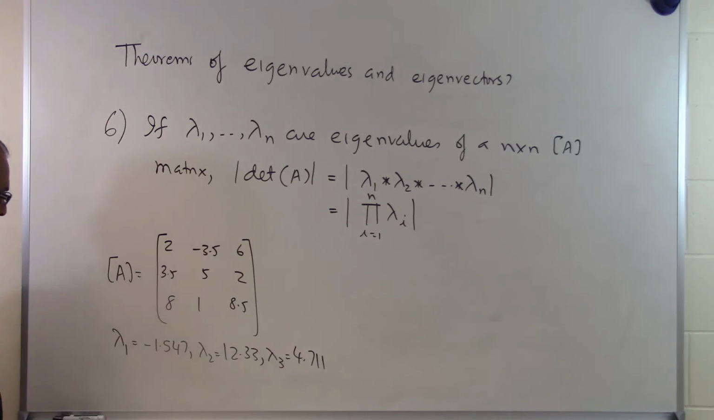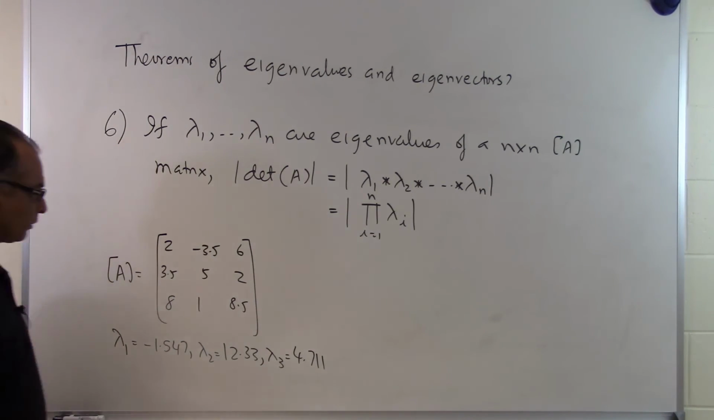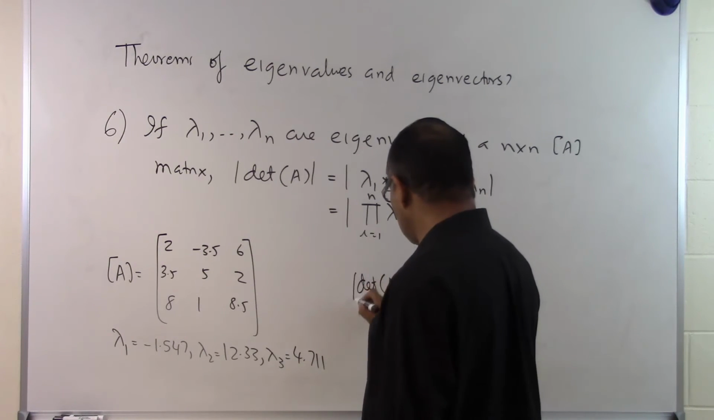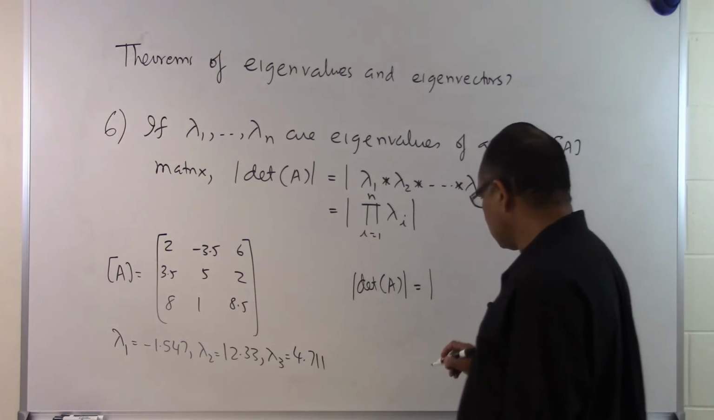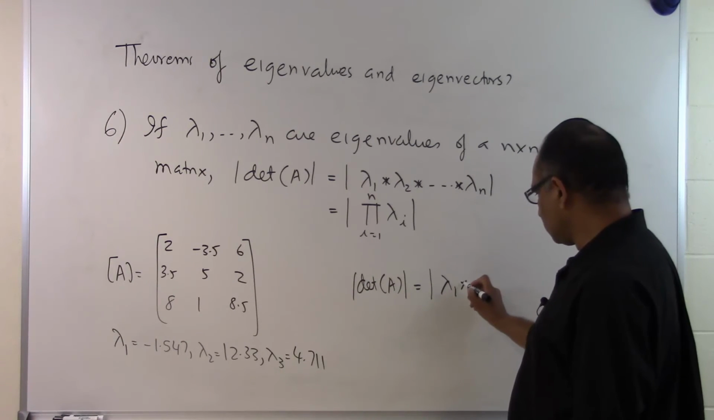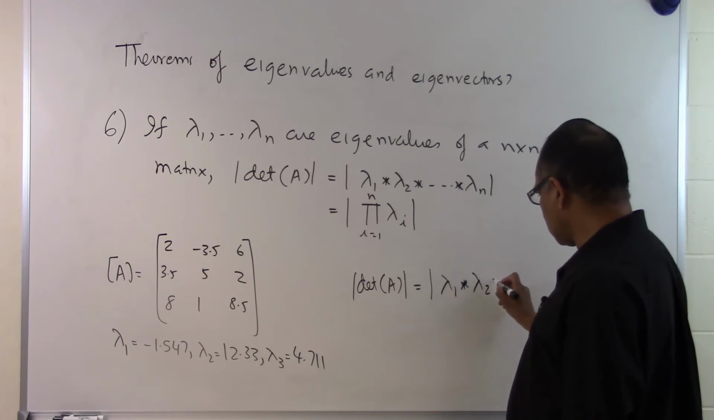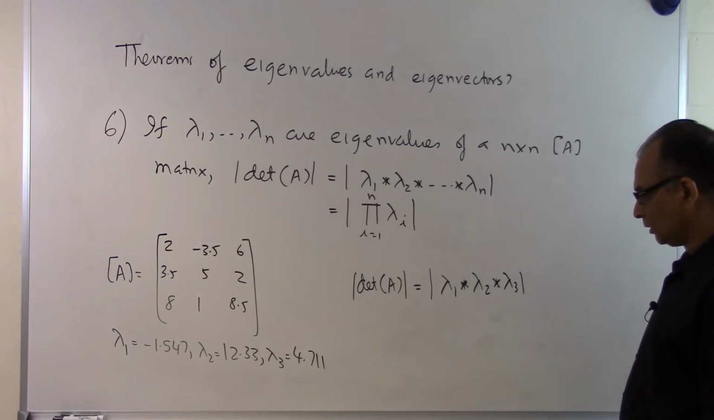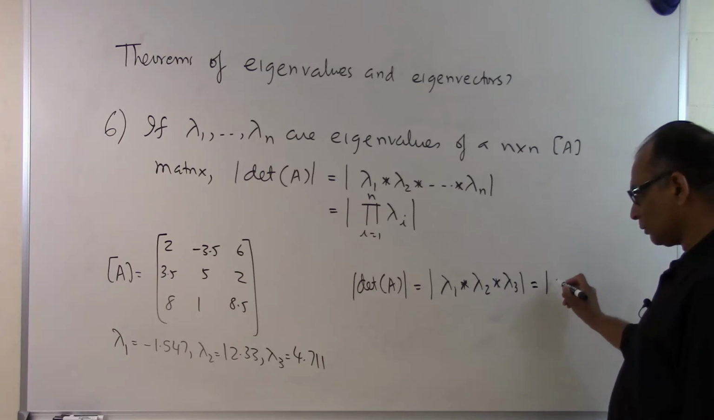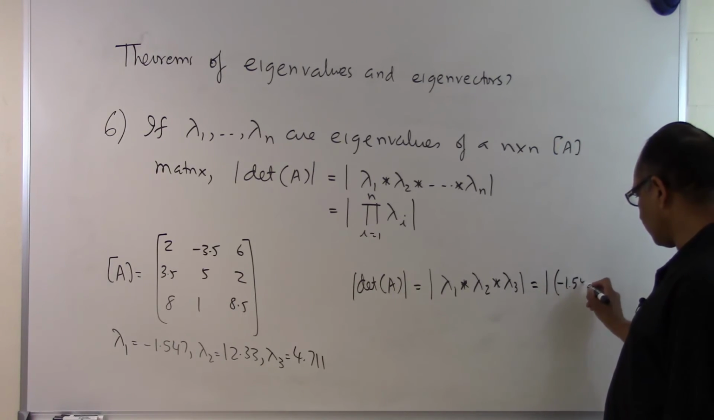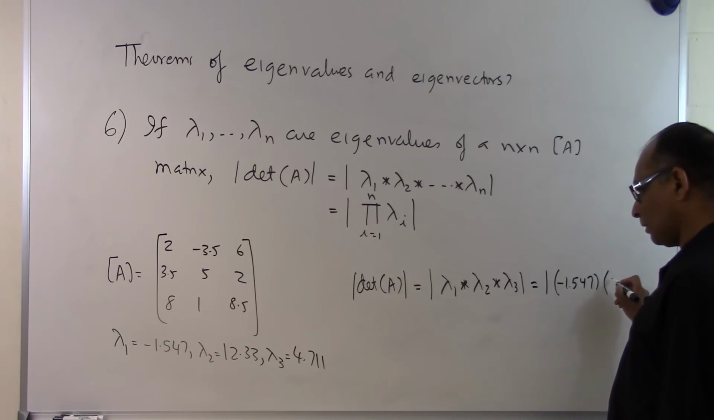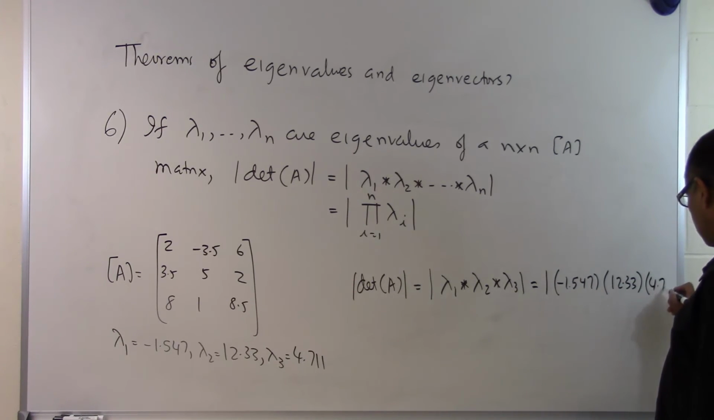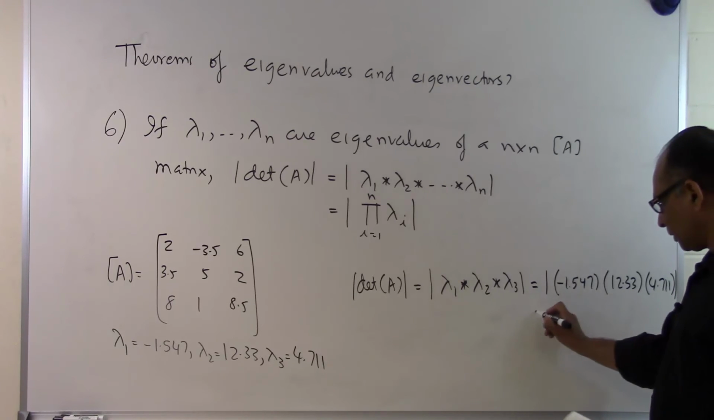Can you find the magnitude of the determinant? And you've got to say, yes, I can, because I know that the magnitude of the determinant of A is nothing but the absolute value of lambda 1 times lambda 2 times lambda 3. It's the absolute value of the product of the three eigenvalues. So this will be minus 1.547 times 12.33 multiplied by 4.711, and this number here turns out to be